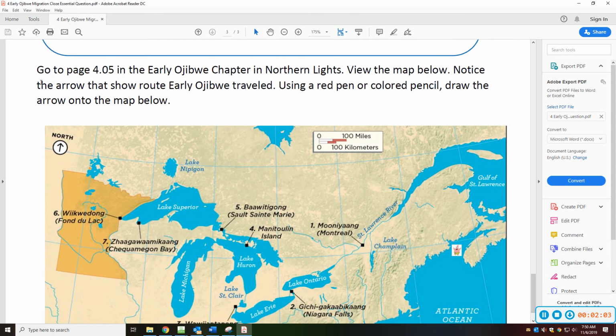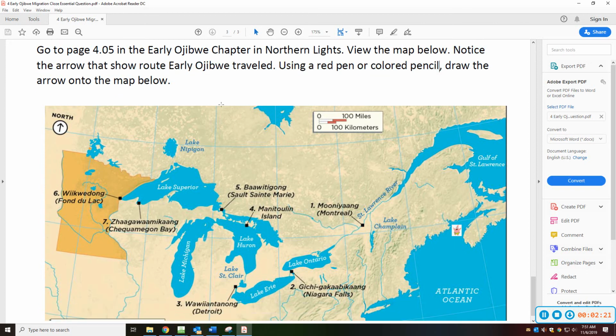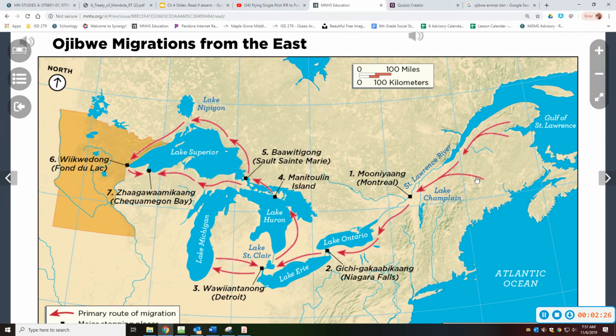Then I'd like you to go to page 4.05 in the early Ojibwe chapter in Northern Lights and view this map below and notice the arrow that shows the route early Ojibwe traveled. Use a red pen or colored pencil and draw the arrows onto the map. So basically you're going to open up your MN Studies text and find this, and you'll see how these arrows will show you the route that Ojibwe take, and I just want you to draw them in as they